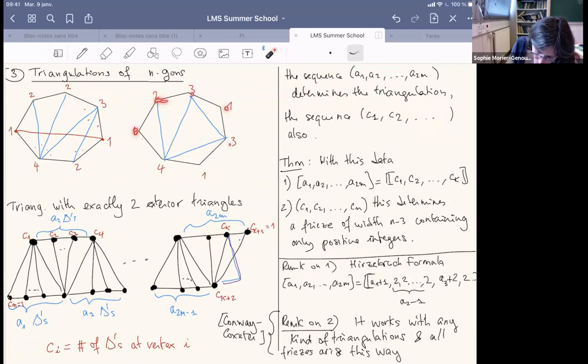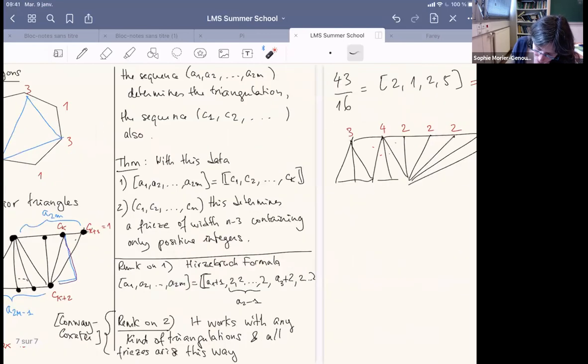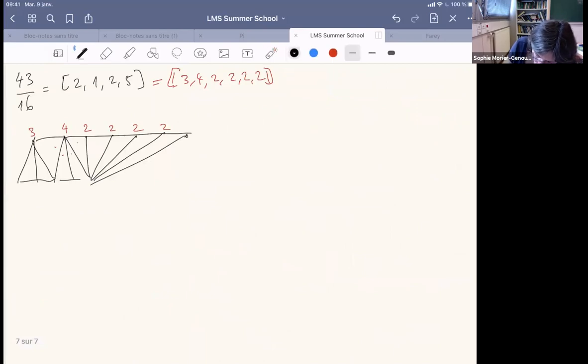You take 1, 2, 3, 1, 3, 1, 4. You put this in the first row of a frieze, and then you compute, and then you compute, and you will check that at the end,